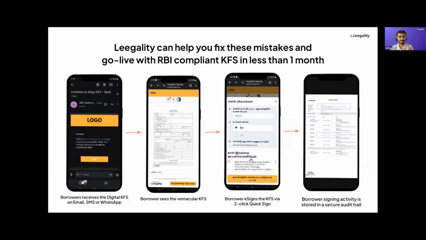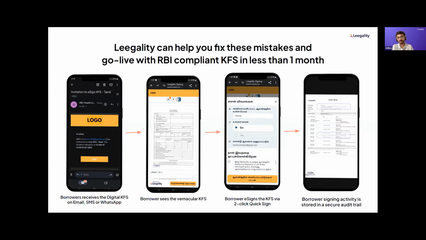Now actually let's move on to the open Q&A. I think there's one question which we need to get to the bottom of on the APR. But yeah, if you are interested, some of you already live with this probably came just for the compliance gaps and things like that. But yeah, if you're not live and you want a digital KFS solution, we do have one. It's a super simple process.